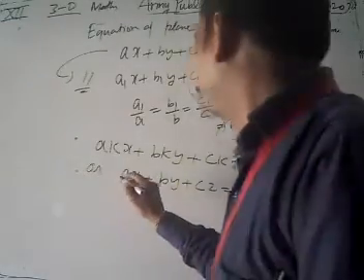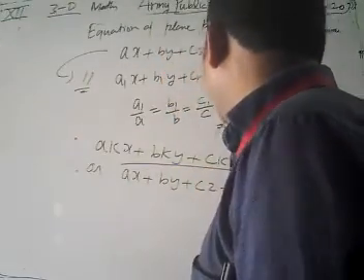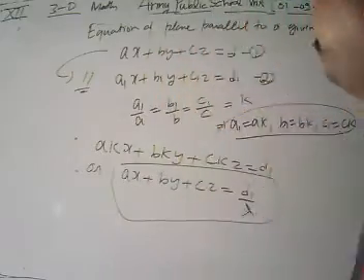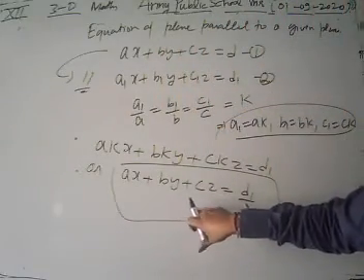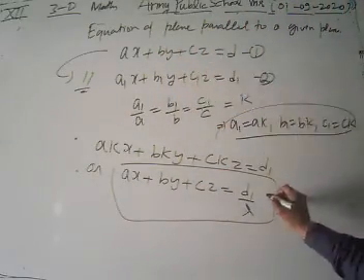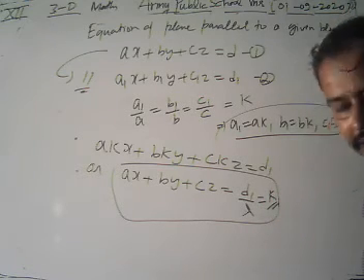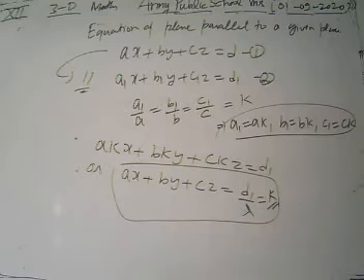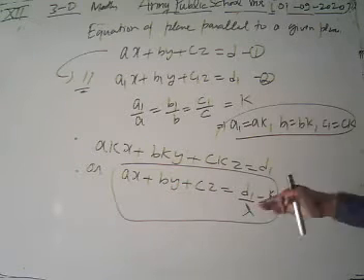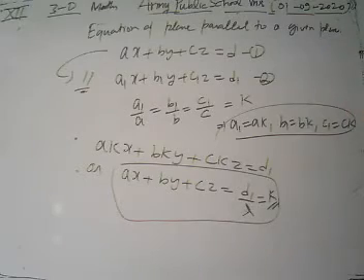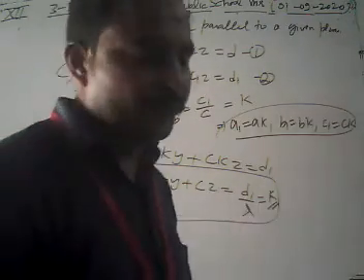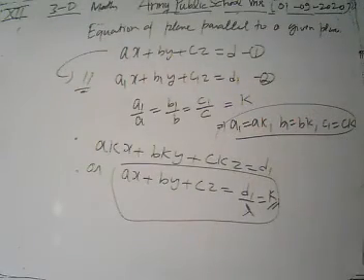Now this is our equation of plane parallel to this given plane. We can also take this D1 by lambda for some arbitrary K. What are the values of K? The different values of K give the different members of the family. For the different values of K, we are going to find different members of the family.